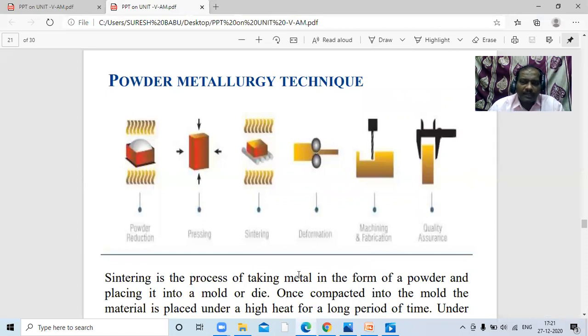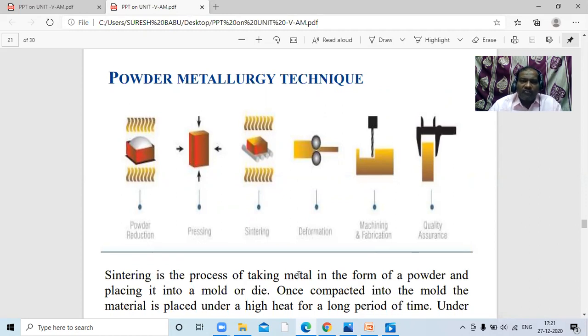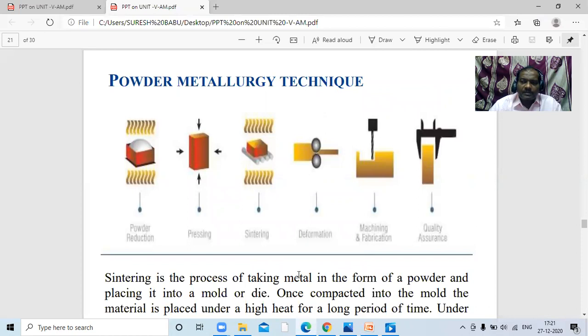In powder metallurgy technique, the name itself indicates what it is. What is metallurgy? Studying of materials and their properties is called metallurgy.